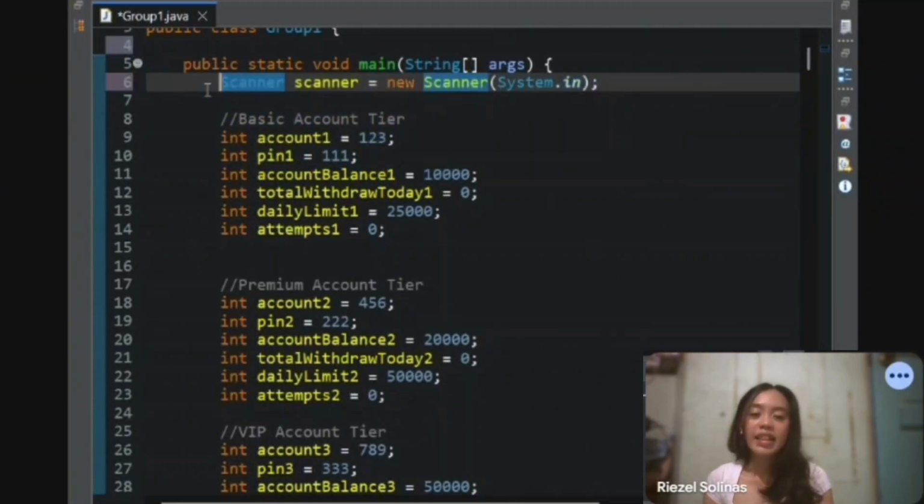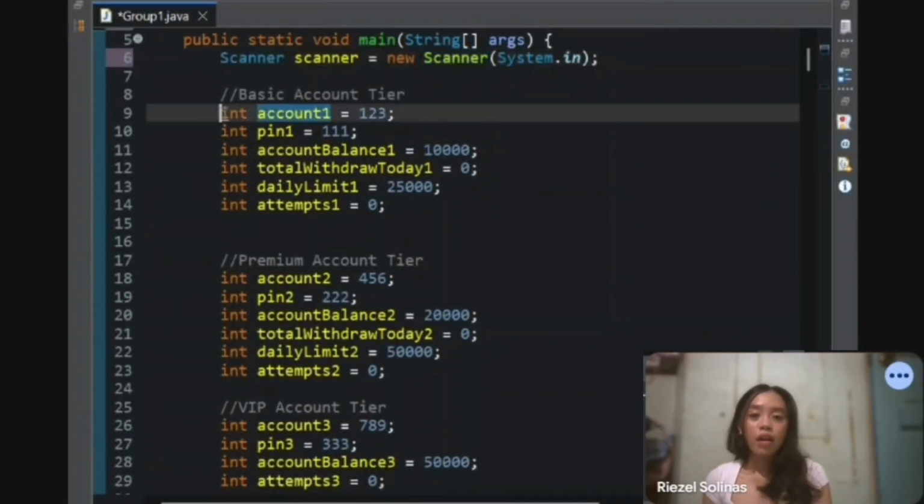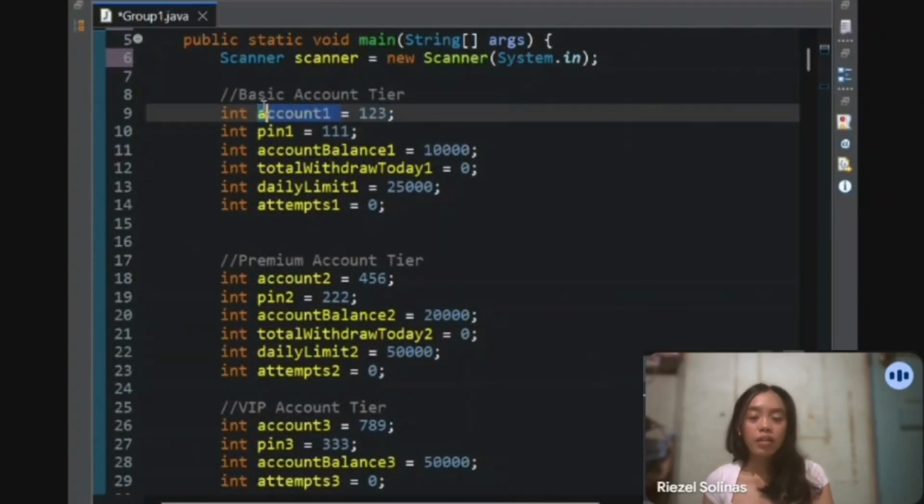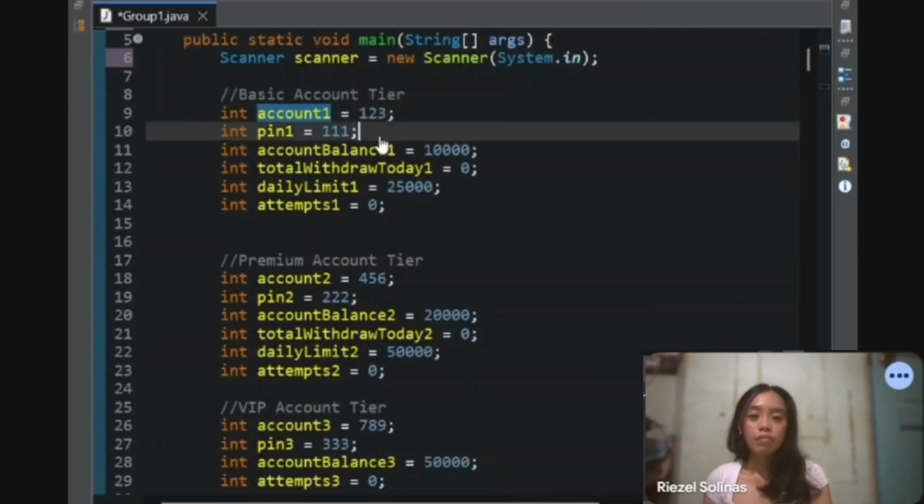we created 3 account tiers, which are the basic, premium, and VIP. Each of these account tiers has its own account number, account PIN, balance, daily withdrawal limit, and login attempt counter. For the basic account tier, we have an account number of 123 with the variable name account1, then